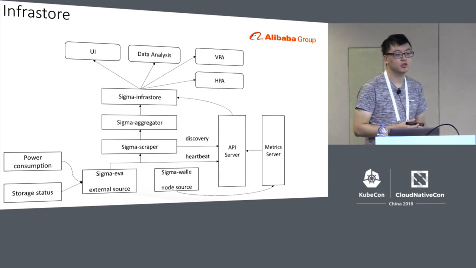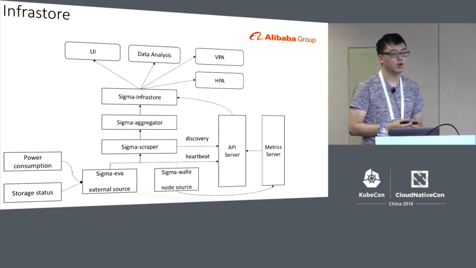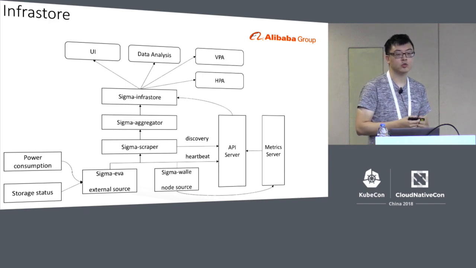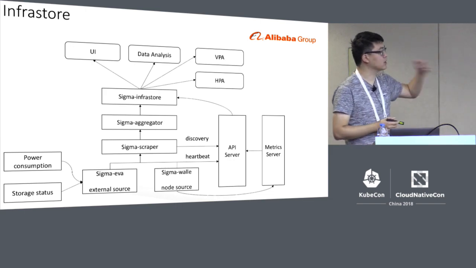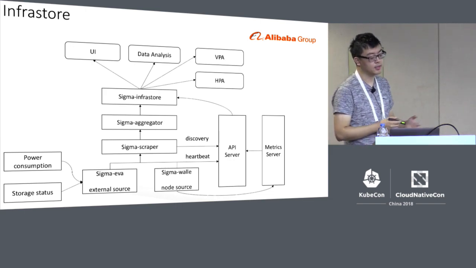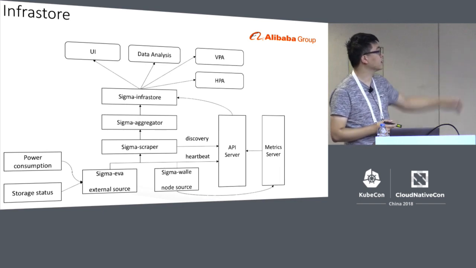In Alibaba, stability is very important to us. The cluster itself also needs to have certain functions, and we need to optimize them as well. So data is very important to us. We actually established such a data pipeline for data collection.